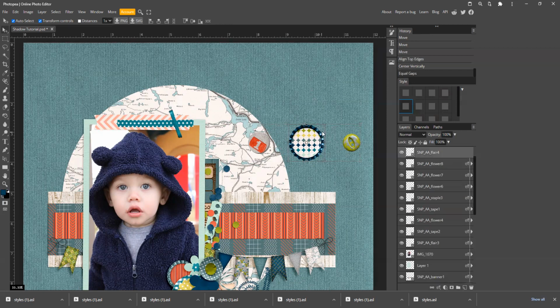I'm going to resize mine so that they're all in similar sizes, just because that is how I would prefer for it to look. And then make sure you hit the enter. Grab this one, move it over. So I'm going to select all 3 of them, and you can do that over in your